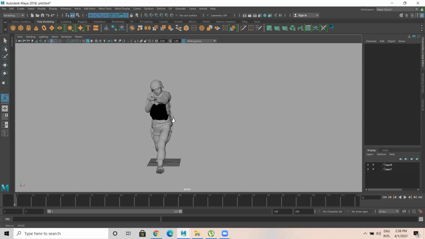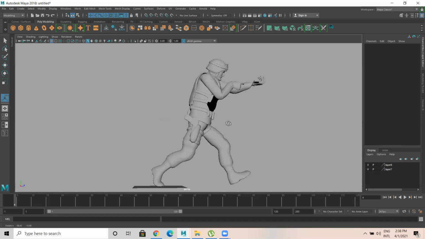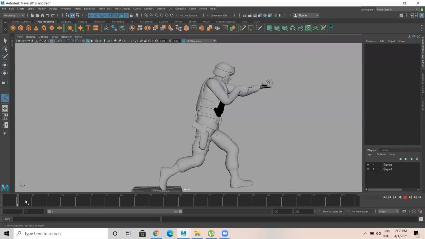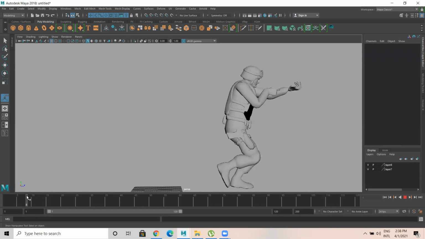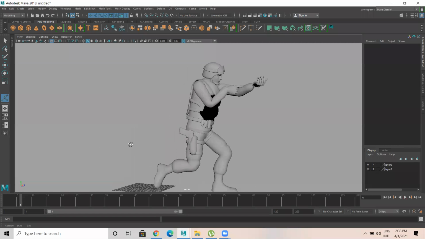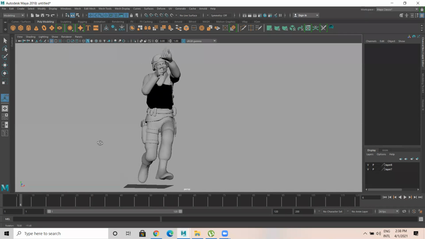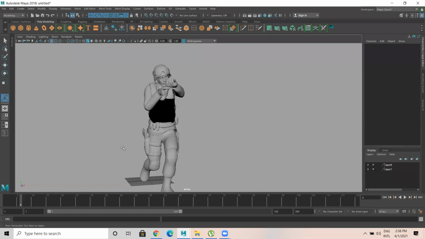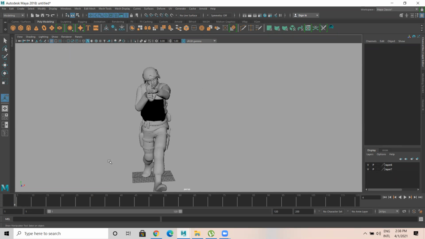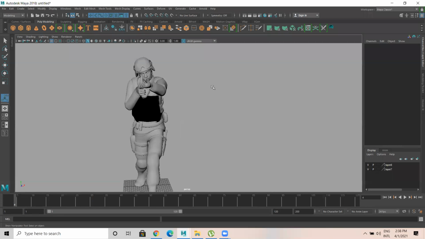So in this case, I have a character here, which is a rigged and animated character. Anyhow, you are going to learn this kind of rig and animation in the coming classes, where we spend a bit more time working on this.